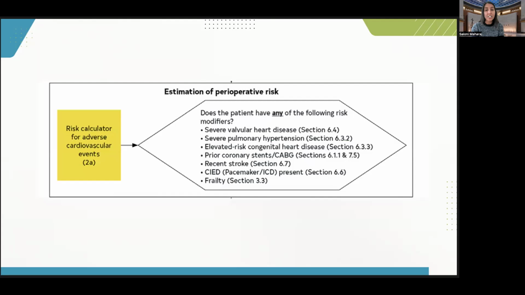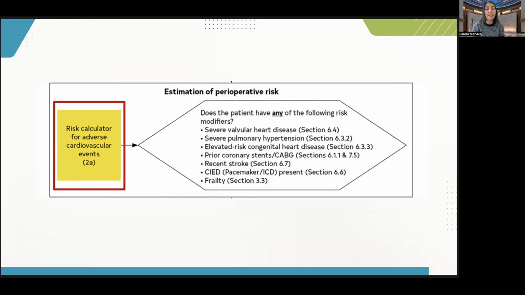Once you've ruled these conditions out or treated them successfully, the next step is to assess your patient's risk for major adverse cardiovascular events, or MACE, and you do that using a validated risk calculator. The guidelines don't specify which risk calculator to use, nor do they say that any one is superior. Interestingly, each calculator looks at slightly different patient variables, which means a high-risk condition could be missed depending on which